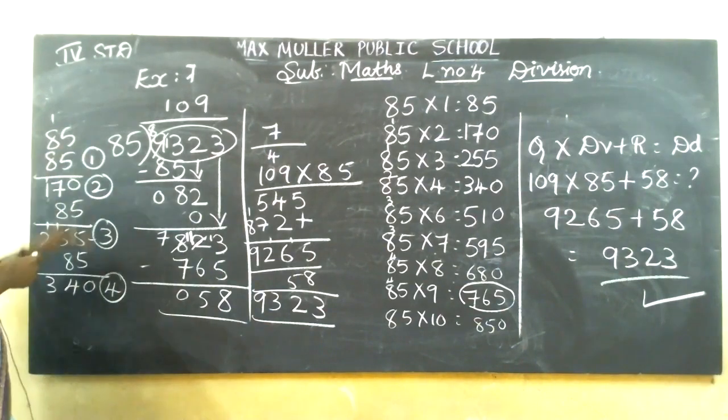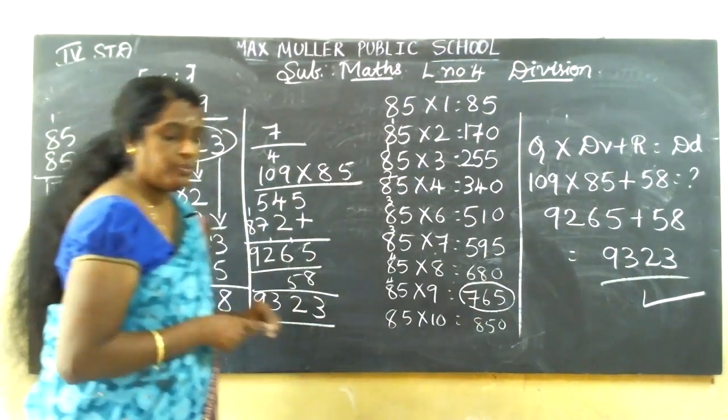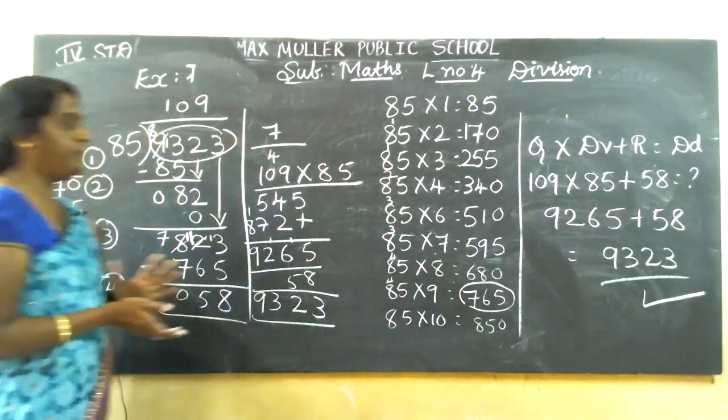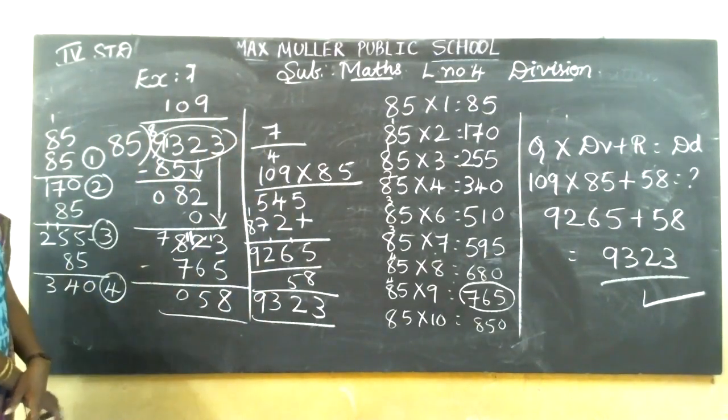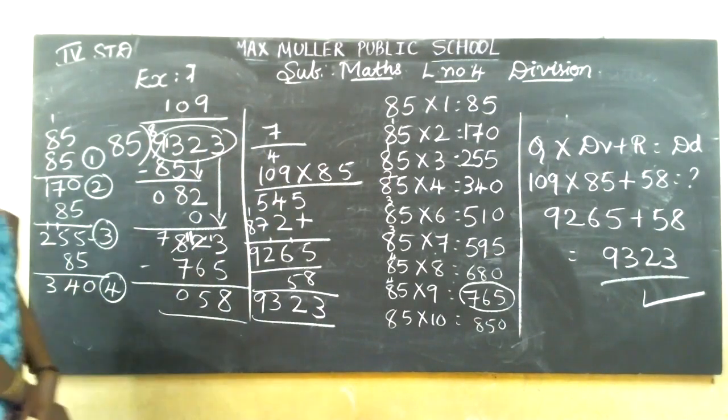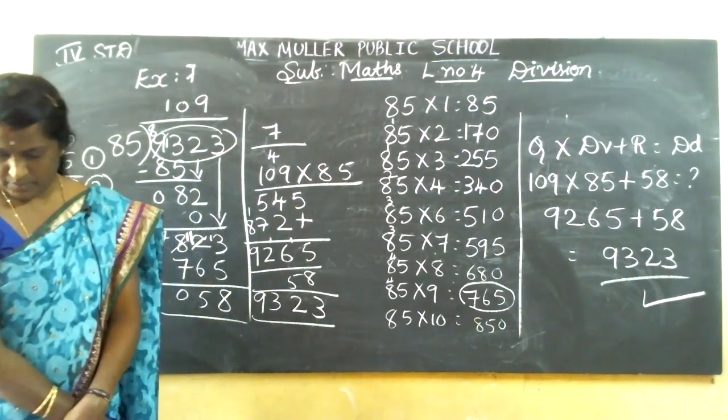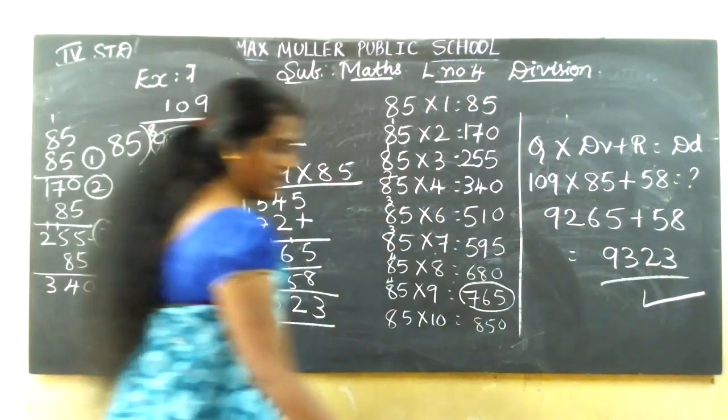So you can go like this, addition. Okay, children, you can do addition for your tables. Not all the tables. If it is more than 20, you can do like this. Okay, up to 20, you should learn your tables by heart. Let's copy down this. Shall I rub the board?